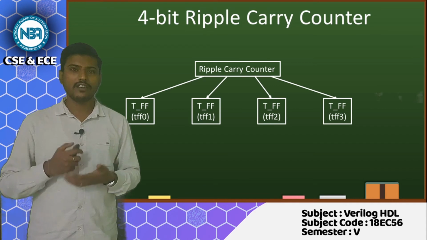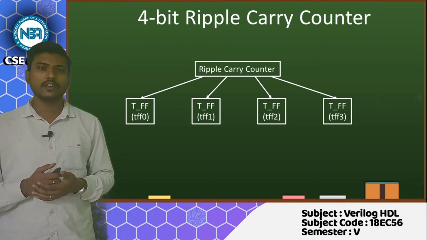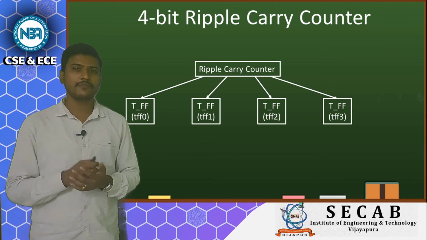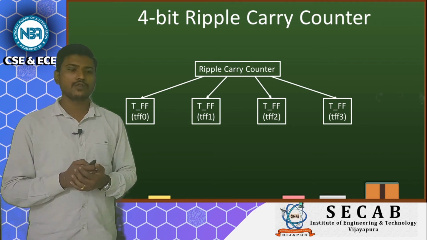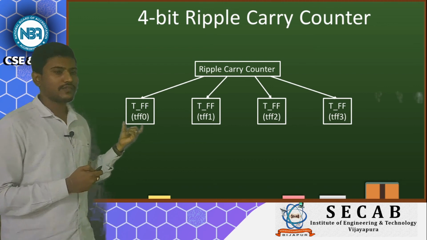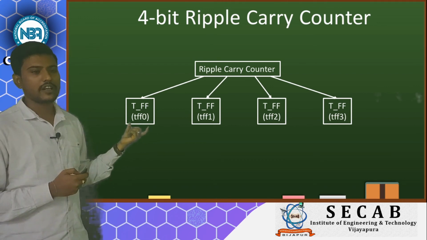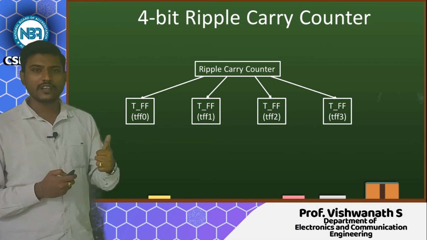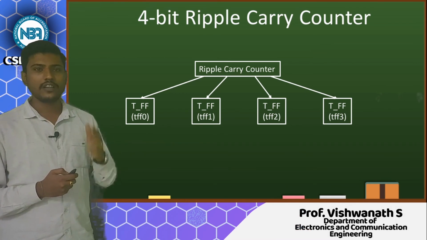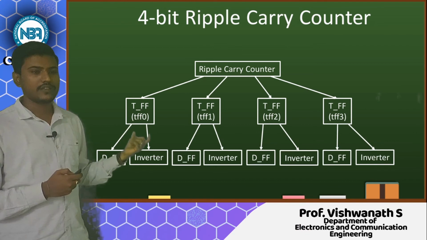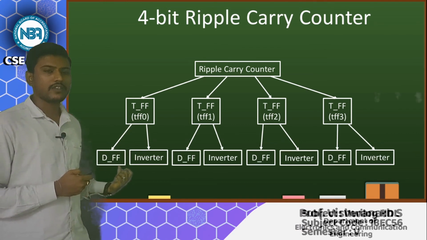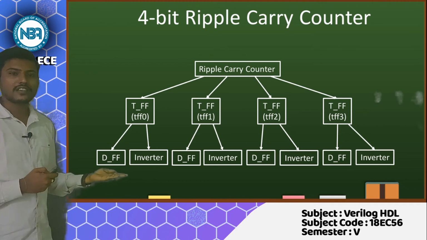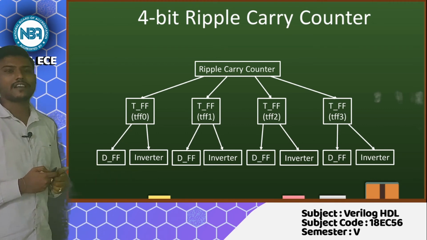So, I have a D flop with me. I need to convert that D flop so that it acts like a T flip flop, right. So, how can I convert my D flop into a T flip flop? I will be using one D flop and one inverter. So, this T flop is made of a D flip flop and an inverter. This is your leaf cell.